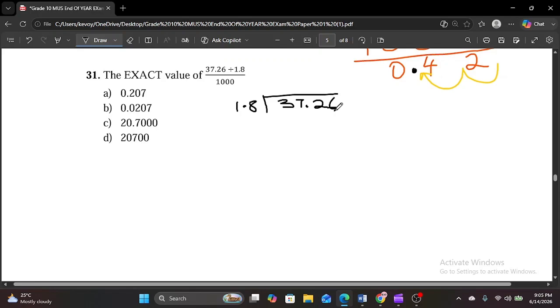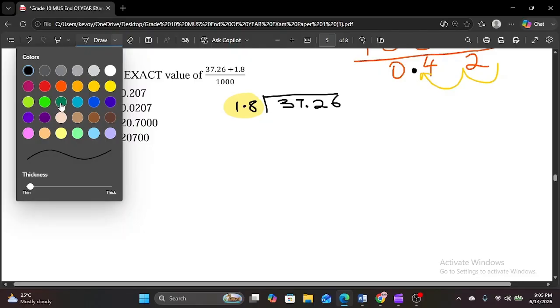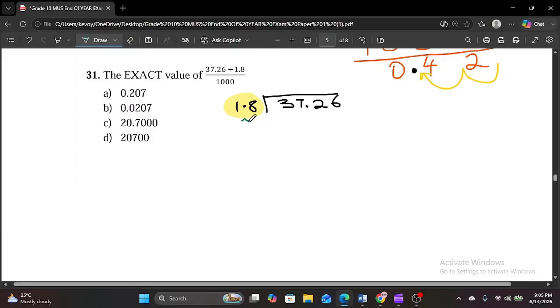37.26. Now the thing is, whatever you're dividing by should be a whole number. So whatever you're dividing by should be a whole number. Always ensure that whatever you're dividing by should be